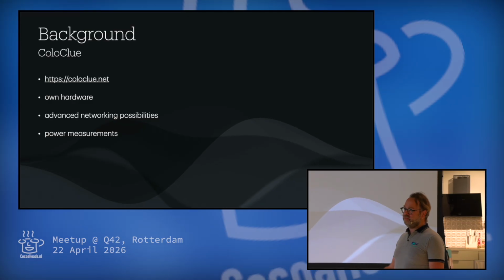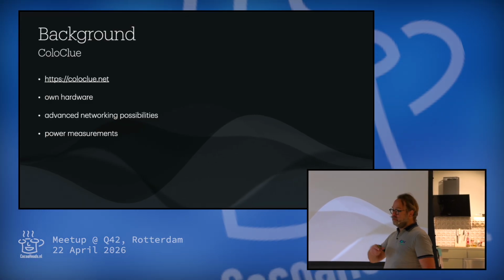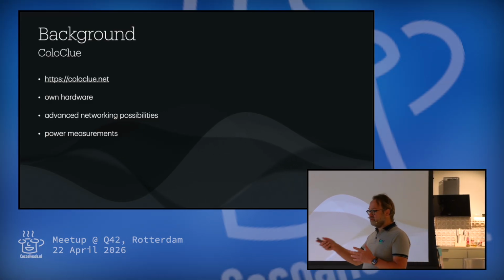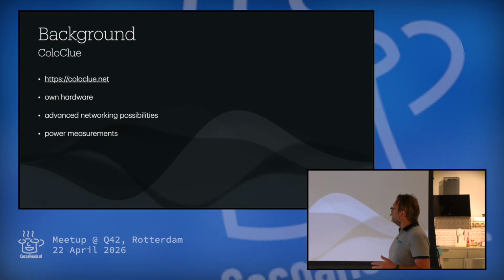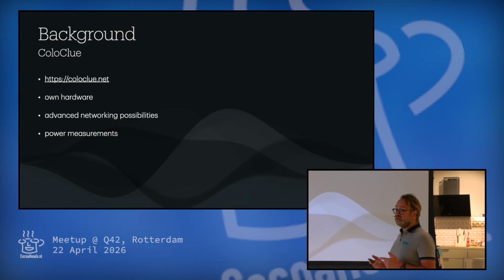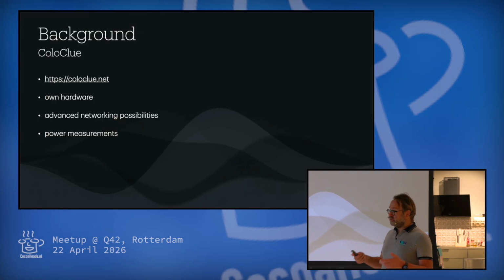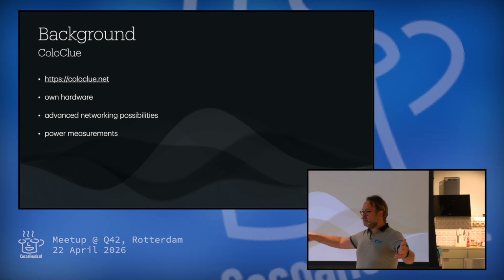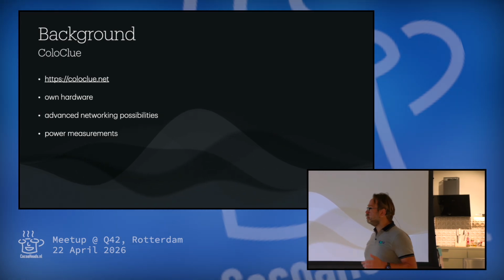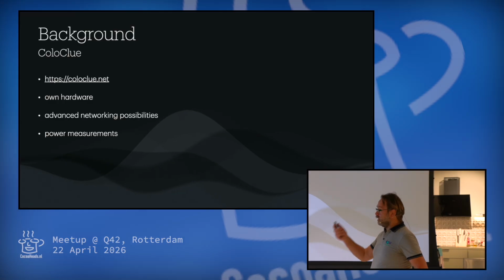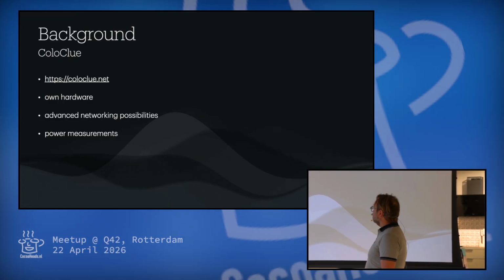And we have about 10 racks divided over 2 co-locations, and you can have all kinds of very advanced networking, but you have to have your own hardware. So, for example, there are some people that have 2 servers which have an automatic failover using BGP, and there are redundant rings, redundant power supplies, and stuff like that.